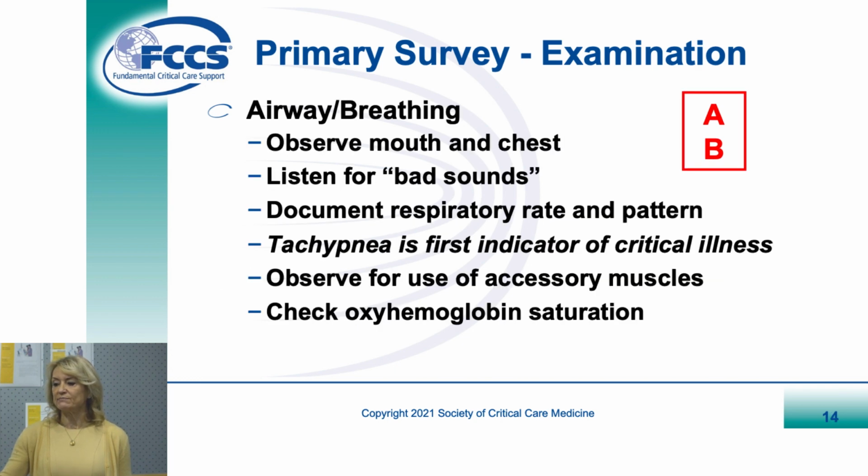So let's start with A and B. Compromised oxygen transport, beginning with a deterioration of respiratory function, is a very important pathway of critical illness. For the A, airway, observe the mouth and chest. Listen for bad sounds. Bad sounds is my thing. So here's a few that I'm going to give you, which is stridor, which is airway obstruction, and which is also probably airway